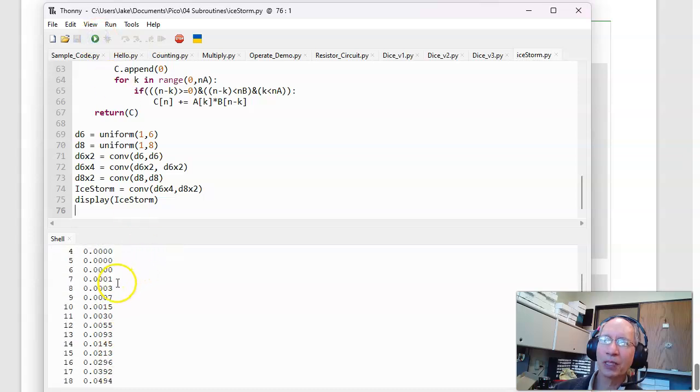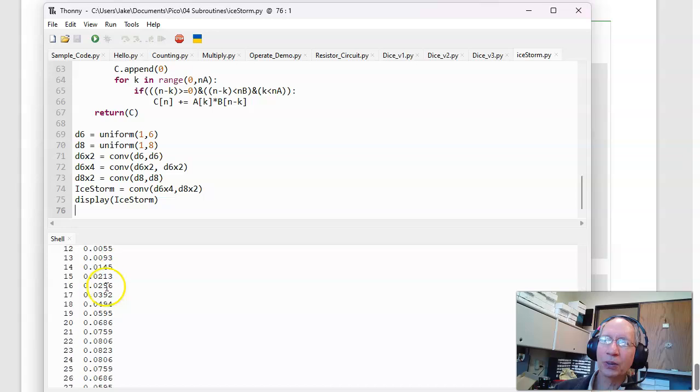So there's the probability of doing damage. It's going to be 0 through 40. And here's the chance of doing each set of damage. And I can vary that. If I want to just look at what is a 6-sided die,